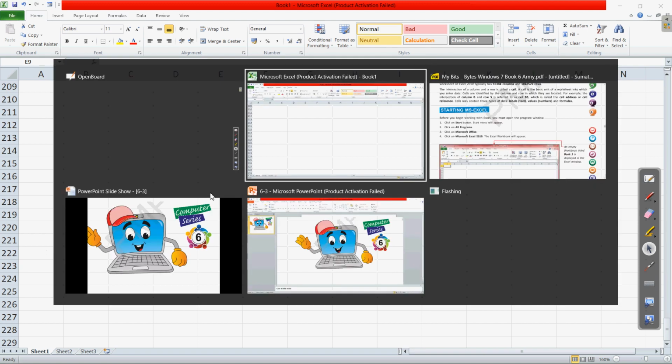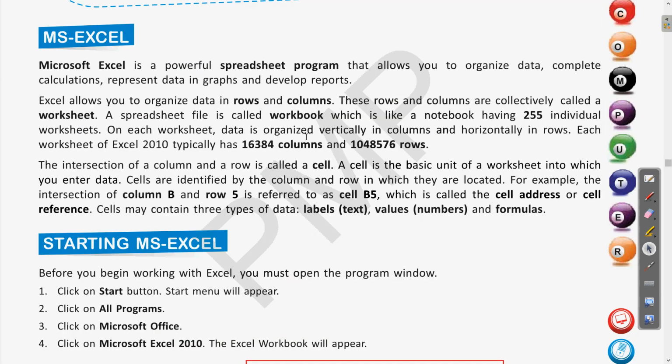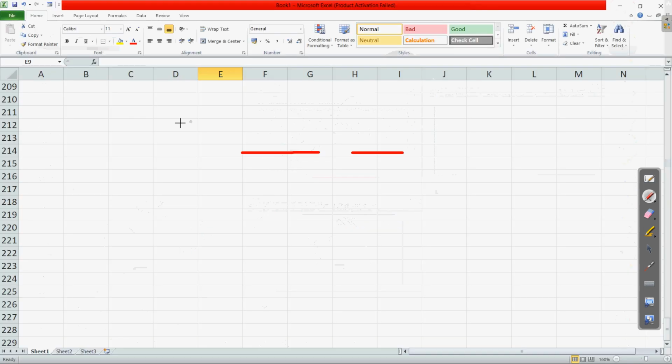We have just seen, let us come to the book. So how many rows do we have? Rows we have is 10,48,576, and in the same way how many columns do we have? 16,384 columns. Clear? So this many rows and columns are present in this Excel sheet. If we continue scrolling the page, we can get to that value.